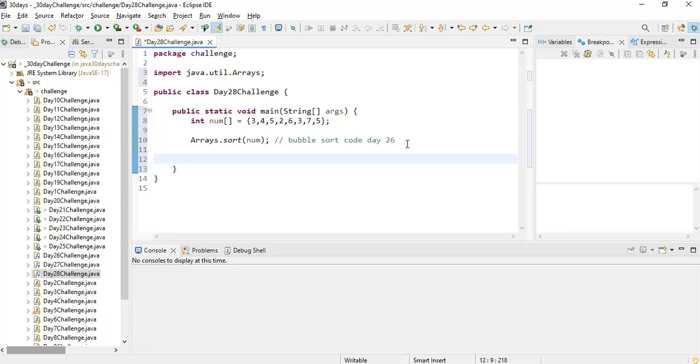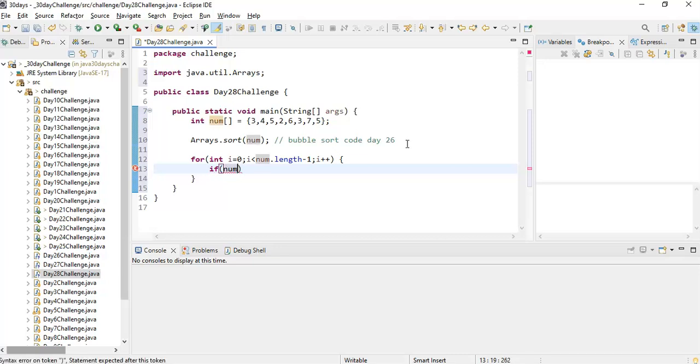Now what do we have to do? We have to compare side-by-side numbers. For int i equals 0, to i less than number.length, we want to compare until length minus 1, then i plus plus. Now if we have to compare side-by-side numbers, if number of i is not equal to number of i plus 1,